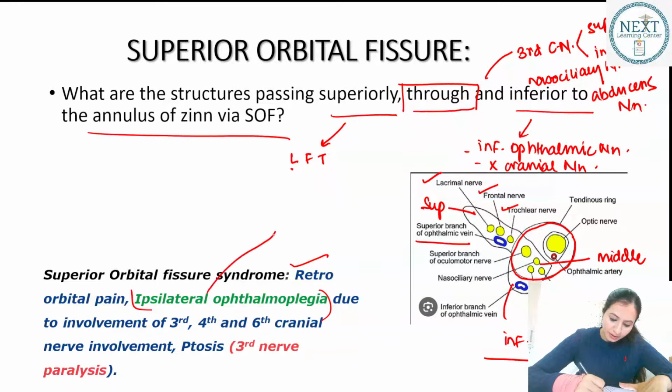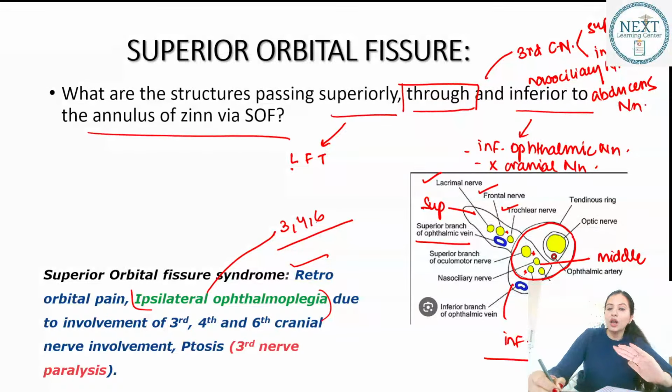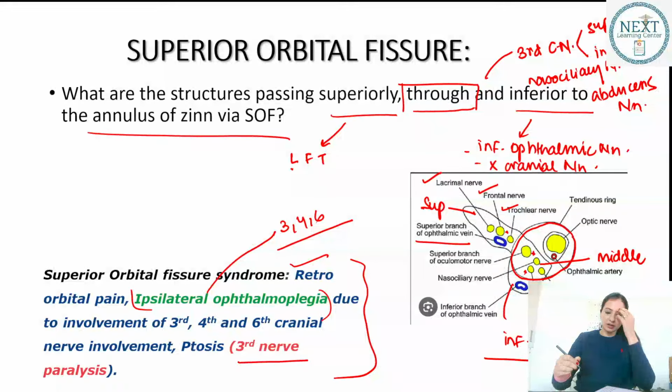So what are the paralysis of the nerves? So what are these nerves? 3, 4 and 6. Third cranial nerve, fourth cranial nerve and sixth. They are all gone. Okay. So this is superior orbital fissure syndrome characterized by retroorbital pain and ipsilateral ophthalmoplegia with ptosis. Why does ptosis occur? Because of the hampering of the nerve supply of LPS, which is normally occurring via your